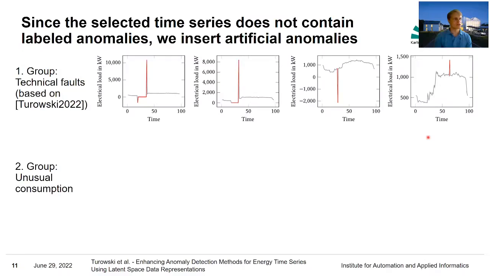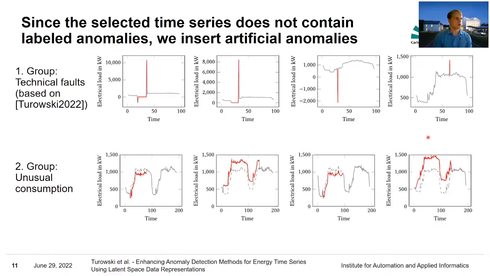For the unusual consumption anomalies, the values are from a valid range and represent in themselves typical patterns, but at uncommon levels. So we have an abrupt reduction, an abrupt increase, and we have a more smooth reduction and a more smooth increase. Given this data with inserted anomalies, we then compare 4 different data representations that we create based